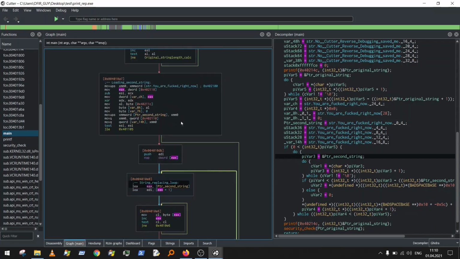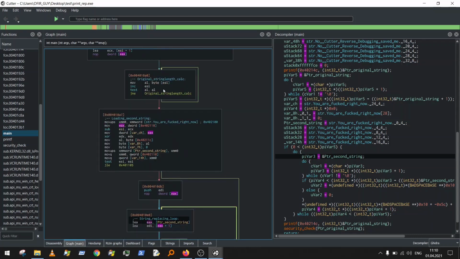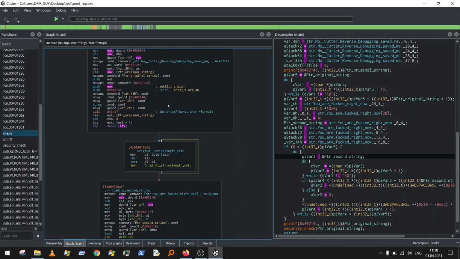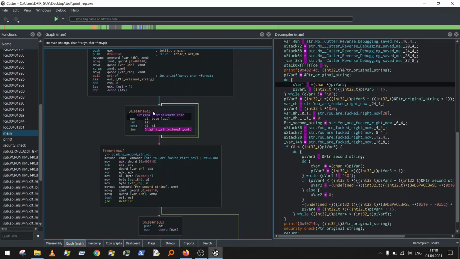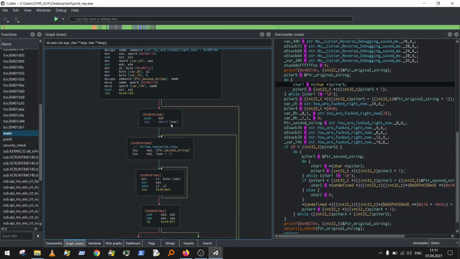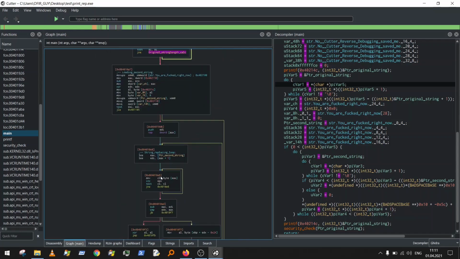Here is some calculation. Basically, this first one is calculating original string length, as we already mentioned, and this second one is calculating the second string length. So we can again put a flag here,